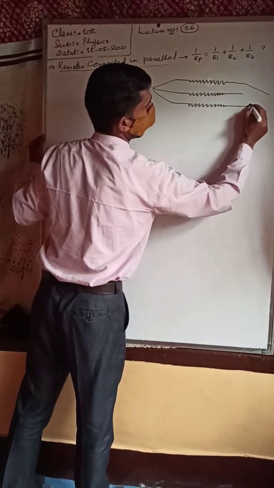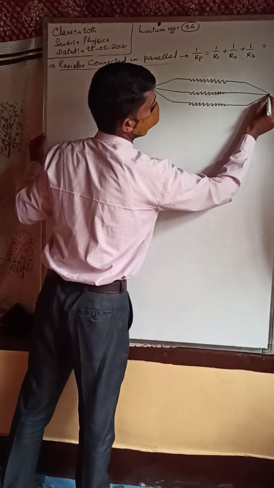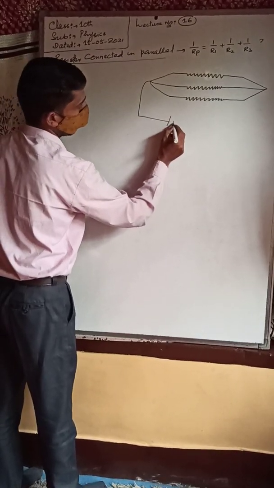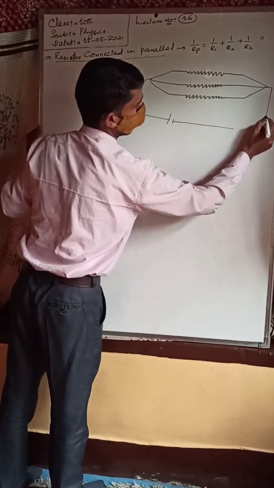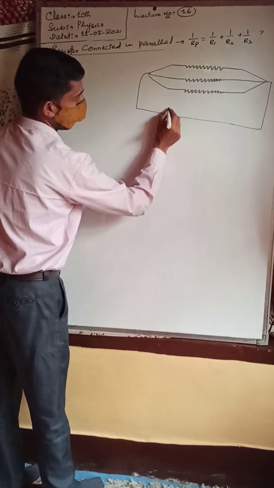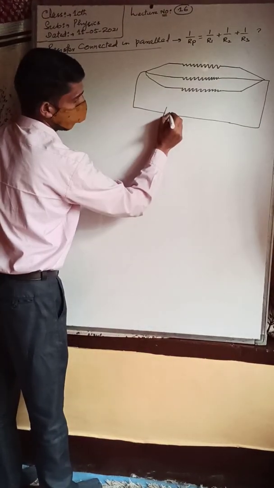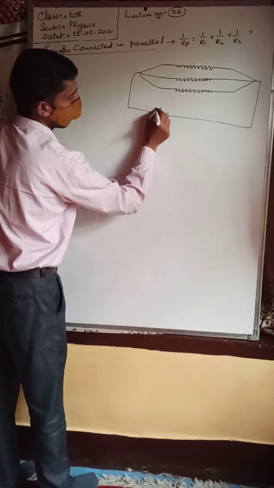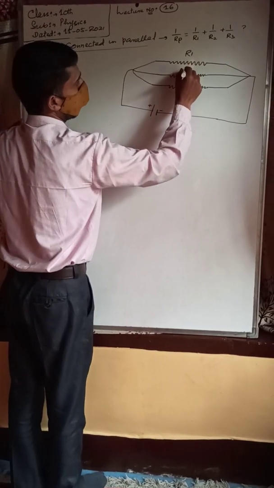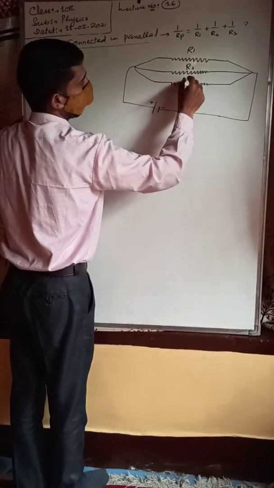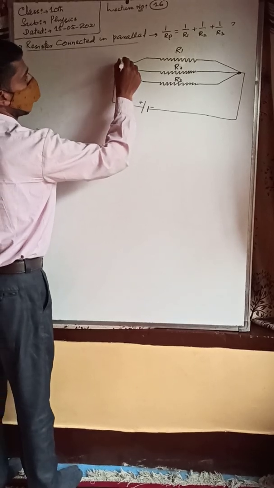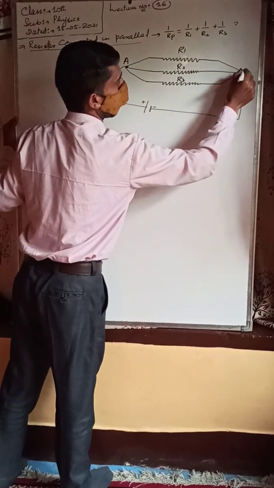Similarly here we will connect them with each other. Now they are connected. Now we will connect them further with the battery, which gives them potential. This is the short end, and this is the long end. Short end means this is negative side and this is positive side of the battery. It is resistance, say R1, resistance is R2, and resistance is R3. We will name this end and this end. Say this is end A and this is end B.